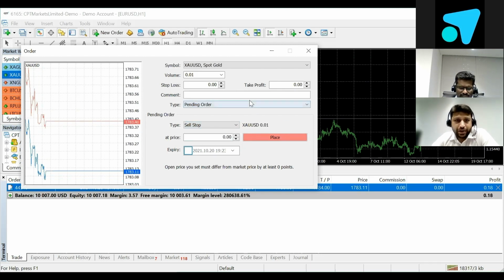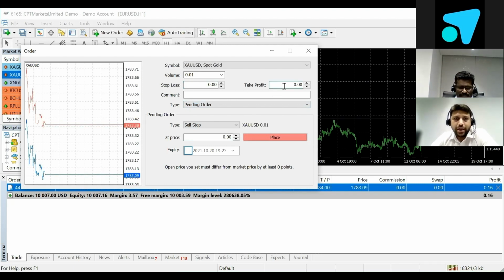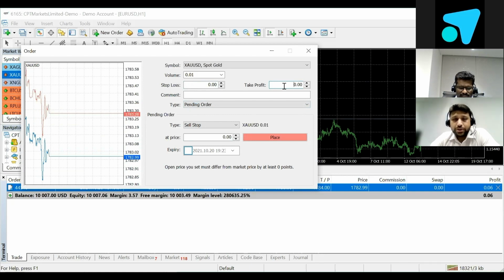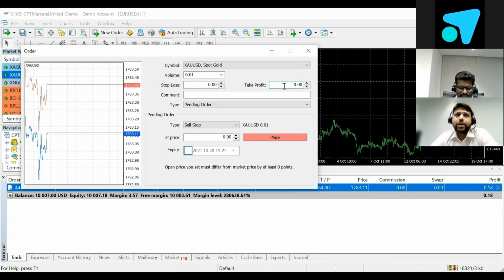Okay. In the case of a pending order, you can put a stop loss and take profit. As I told you earlier for market execution, you can place them while placing the order, or after placing the order, whatever is convenient and comfortable for you. But please be reminded that these are very important features, because if you trade without stop loss and take profit, the liability is unlimited. The trade price might go against you and keep on going because you have not placed any stop loss.